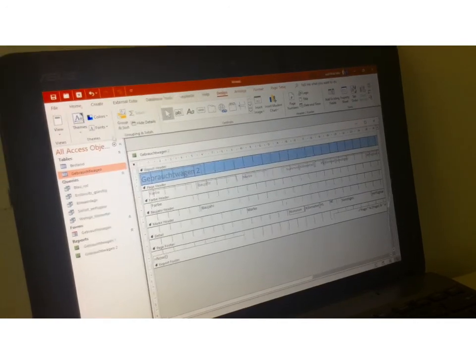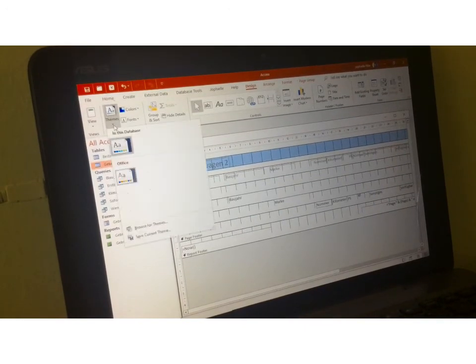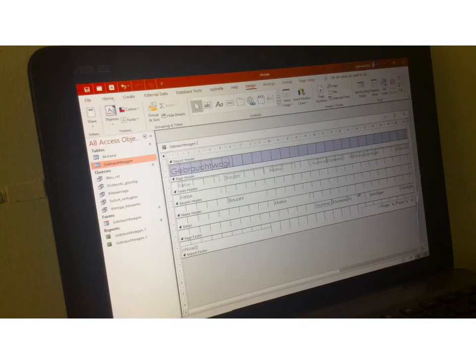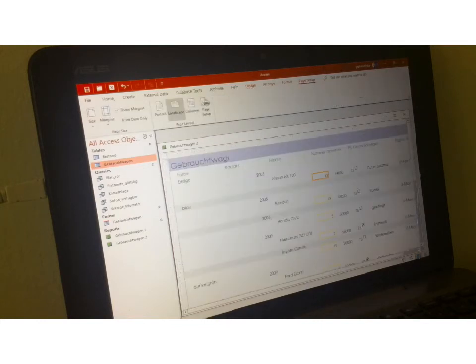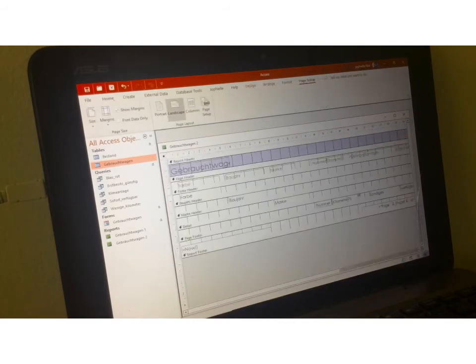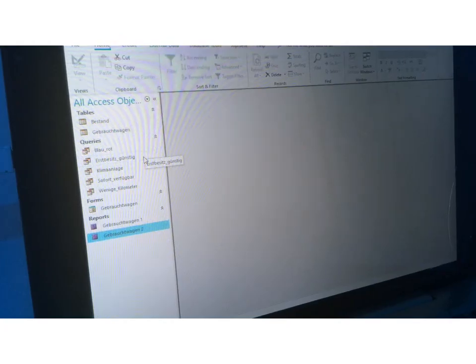So you can change the font color. You can put a theme. They didn't ask us that, but we could change the theme. Here you have browse for themes, save current theme, etc. So let's choose this one. This is the way we can do it. You can take a look at your report. You change the design. They said gray, but you can put the color. So we're good. All right, now that we have finished the exercise together,